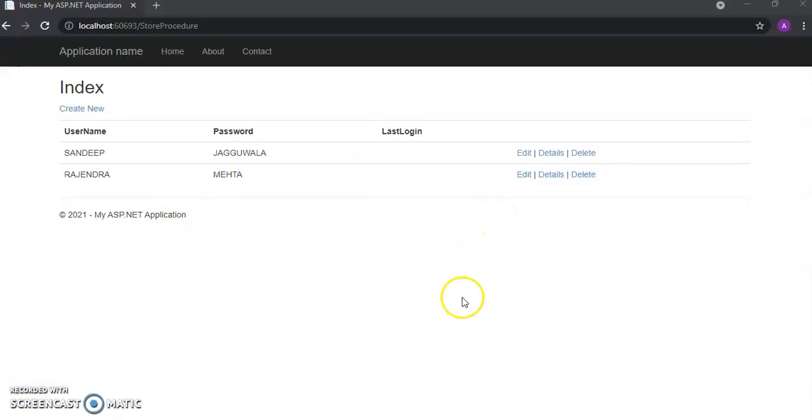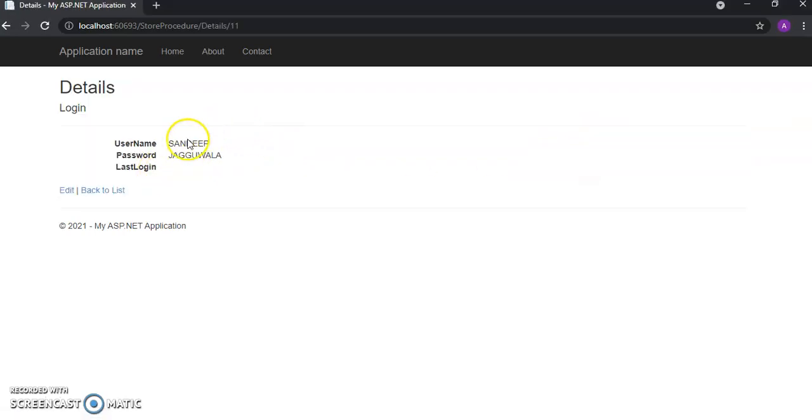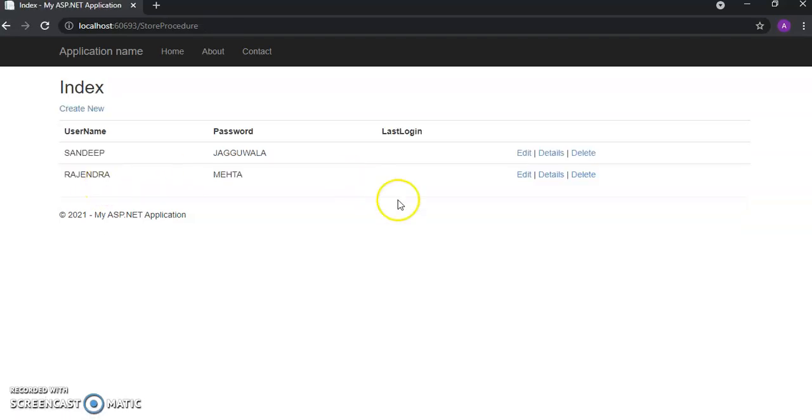You can see here the application is running now, and when I click on details it will fetch the row and display the data for that single row. Same like this, when I want to update the data I will click on edit and display the row data. When I change or update the data, it will post the data to the server, and for that I will write another method on the controller side. So let's go to the controller side,